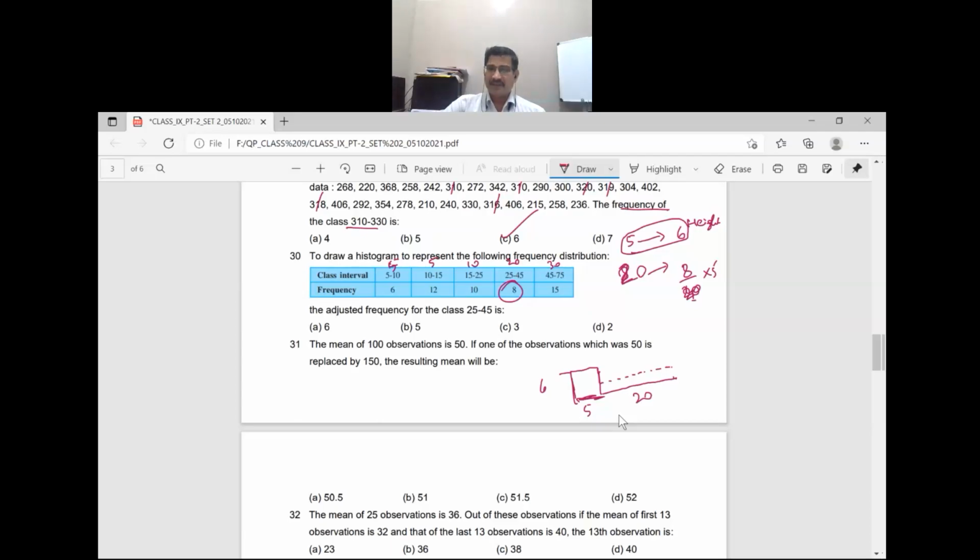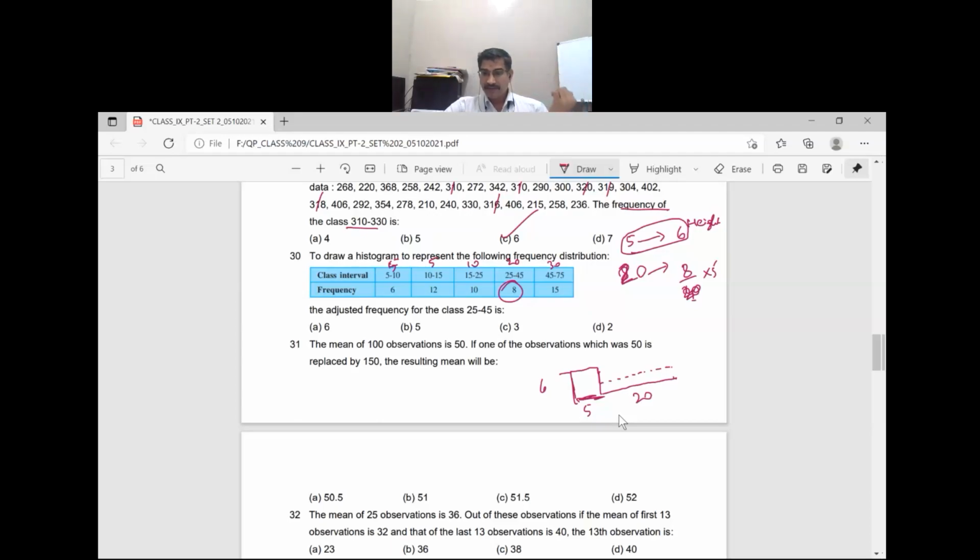Here is another way: 8 divided by 20 into 5. It's a unitary method. So 5 chocolates cost 6, and for 20 chocolates, how much is it? 8 was the variety's cost. That cost must be brought to 5 chocolates only. We should compare by taking an equal number of chocolates. One variety, 5 chocolates for 6 rupees. Another variety, 20 chocolates for 8 rupees.